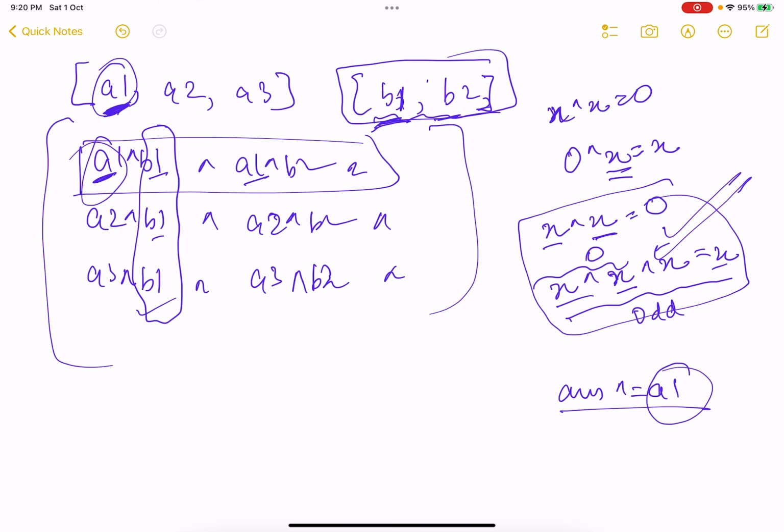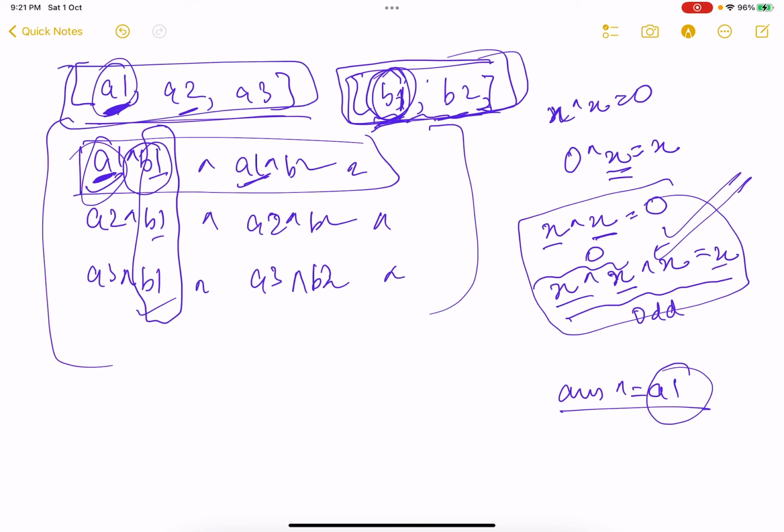Similarly, the number of occurrences of a2 in the final equation will be equal to the number of elements in the second array, right? And vice versa, the number of occurrences of b1 in the final equation will be equal to the number of elements in the first array, right? And we can check that here. Now a1, how many times is a1 occurring? 1, 2. Why? Because there are 2 elements in the second array. If you check b1, ideally by our theory, how many times should it occur? It should occur 3 times to form a pair with all these 3 numbers. So 1, 2 and 3, it is occurring 3 times. Similarly, b2 is occurring 3 times, right?